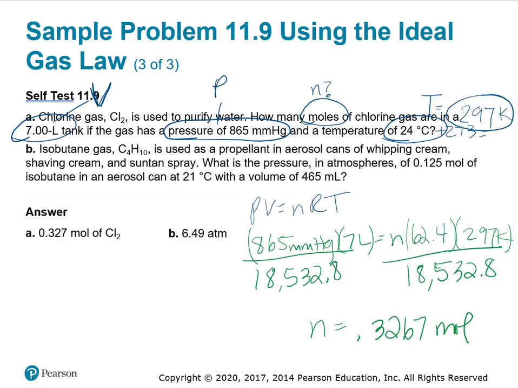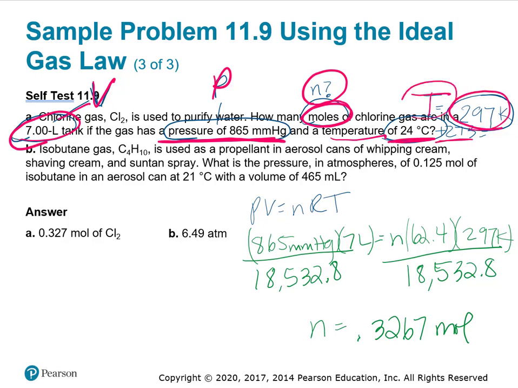Let's look at this first part. Chlorine gas is used to purify water. How many moles, it's asking us to find n, of chlorine gas are in a 7-liter tank, that's our volume, if the gas has a pressure of 865 millimeters of mercury, that's our P, and a temperature of 24 degrees Celsius. I added 273 to get it right to Kelvin, so that's our T. We're given temperature, pressure, volume, and we want to find n, so we're going to use the ideal gas law